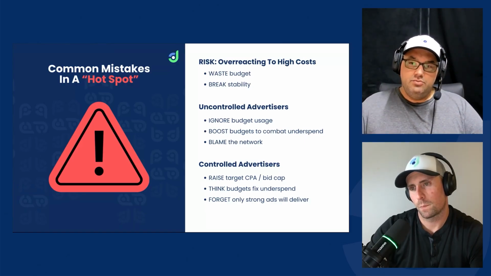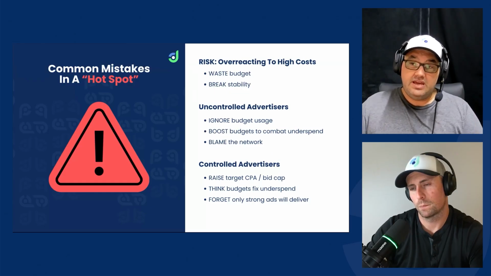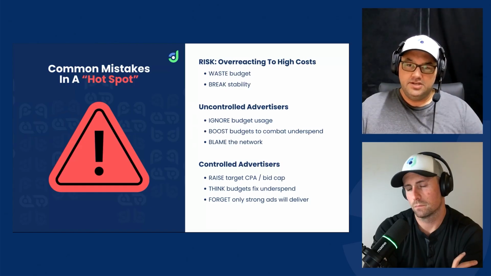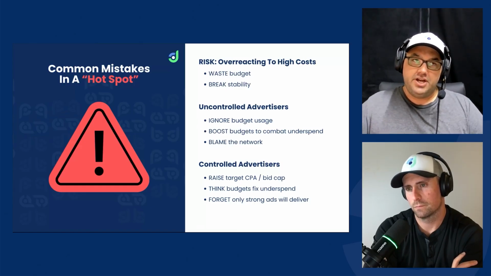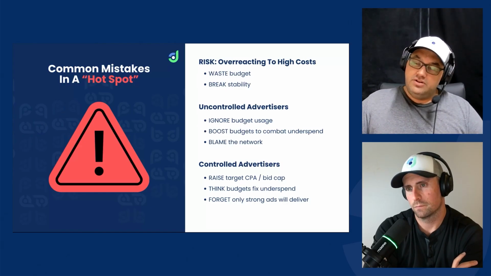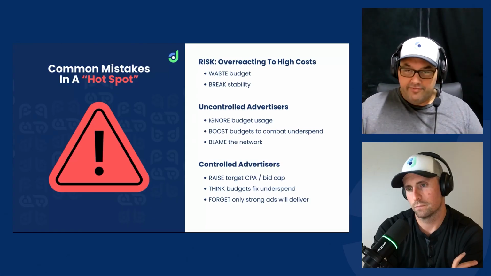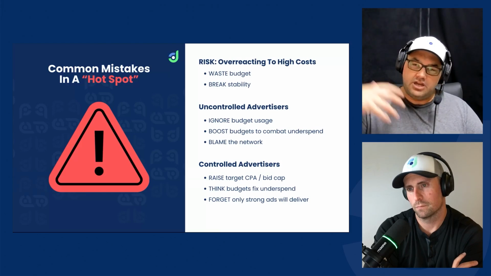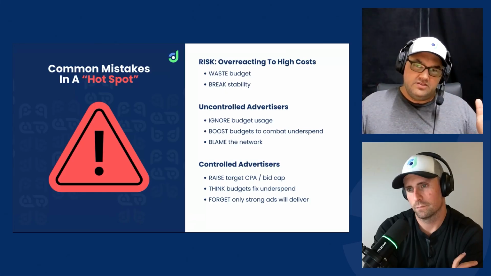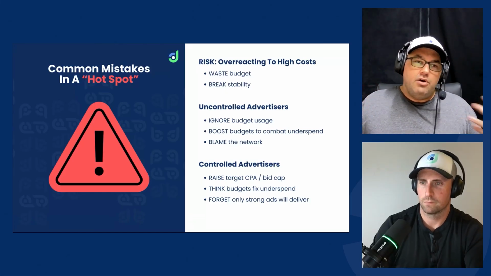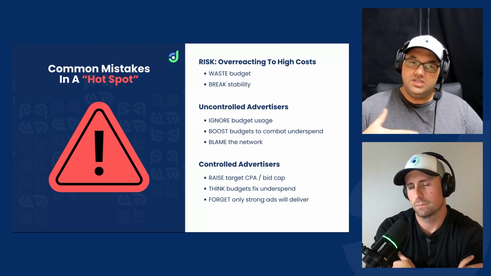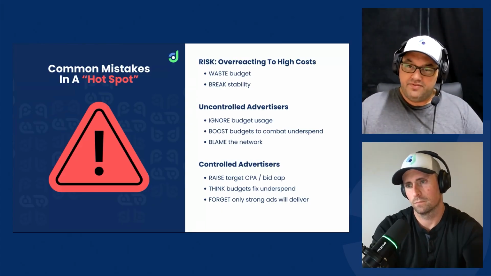Another big mistake is trying to push those budgets to make up for that underspend. Big mistake, you're really not going to be able to combat this underspending. It's really just the cost environment change. And the last thing for those uncontrolled advertisers, we often hear this, and I've made the mistake myself, is we say, oh, it's just a bad day on Facebook, or we start coming up with conspiracy theories like algorithm changes and things like that. That's why we created this forecast, to get an idea of how these CPM cost changes impact our performance. These things happen because of the macro environment effects.